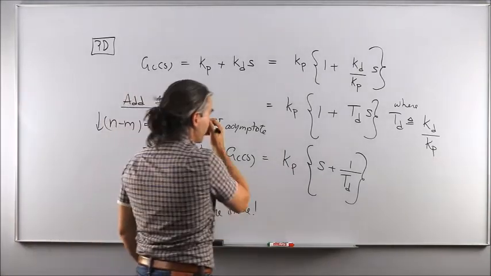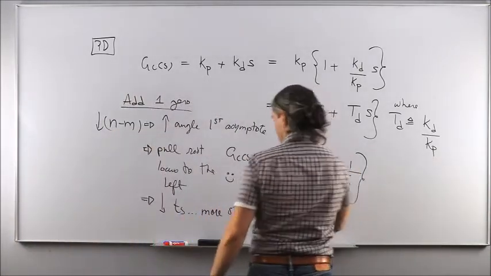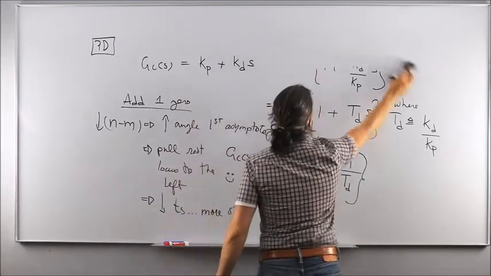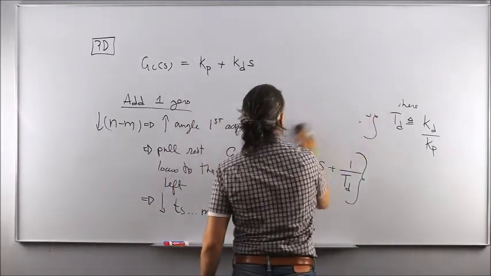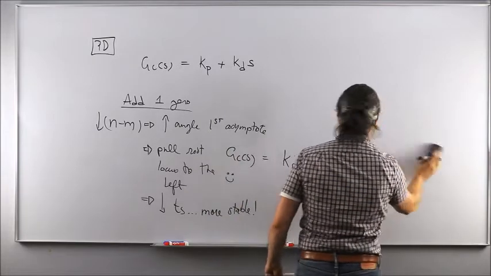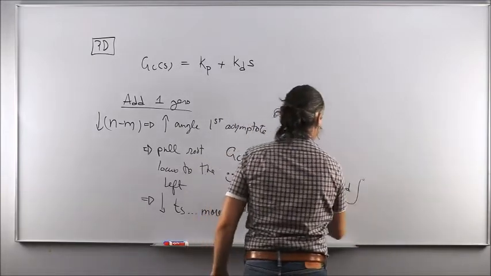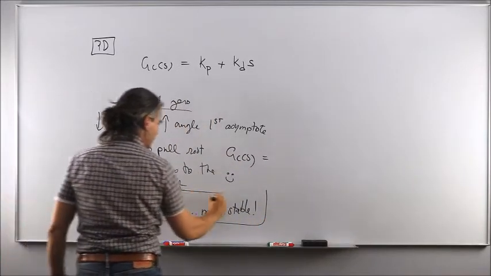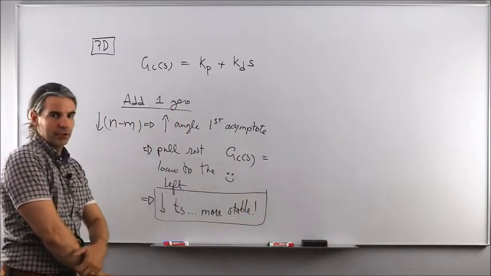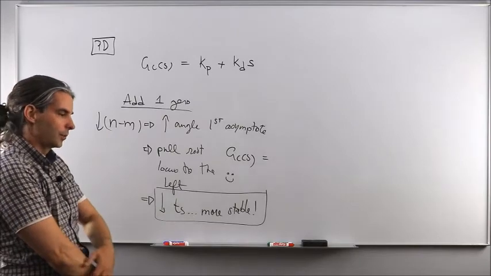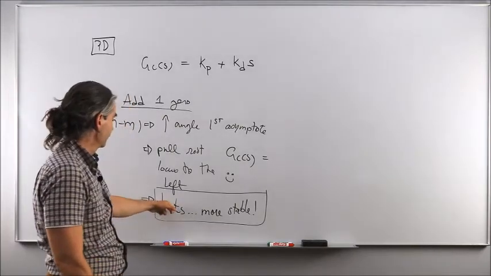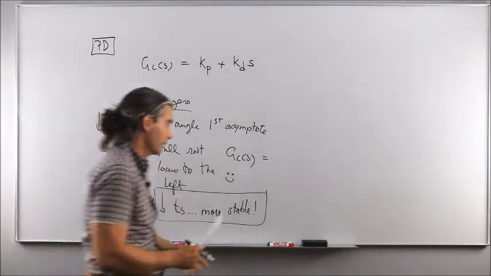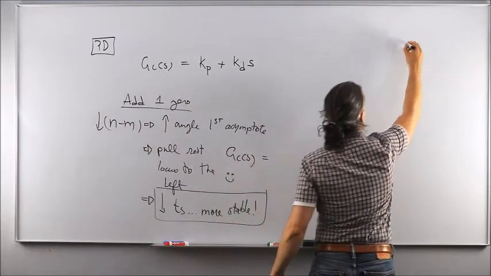So if you remember our discussion on lead compensator, it was a similar idea in terms of net effect, right? The lead compensator's objective was to make things more stable and particularly to improve the transient performance, exactly as a PD controller. So if you compare